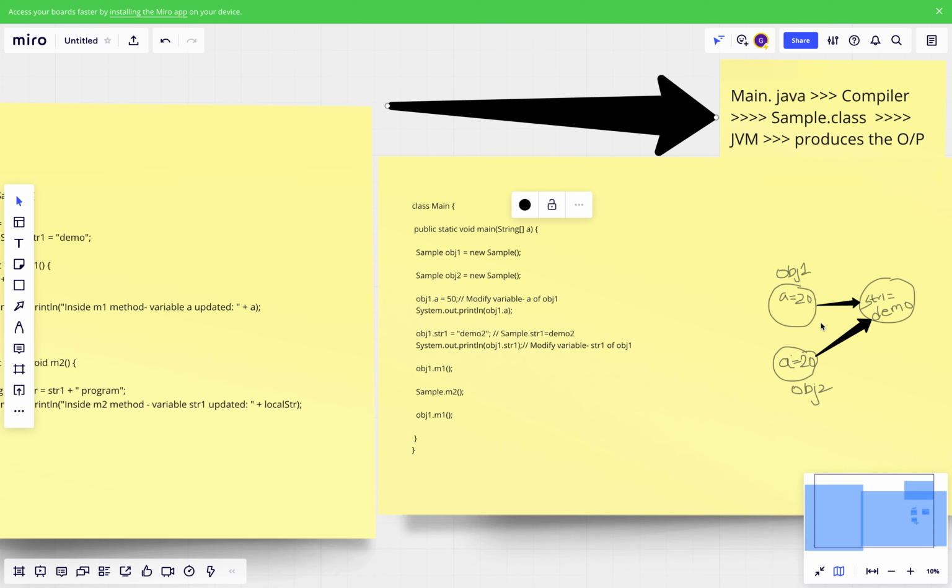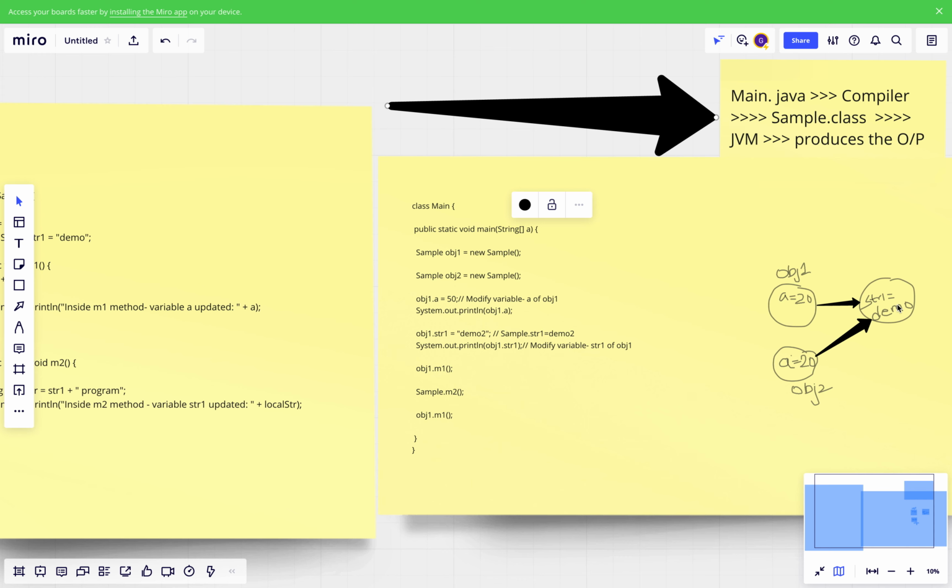A static variable will be shared across all the objects of the same class. Only the instance variable is specific to that object, but the static variable is shared across all the objects created in the heap memory. Once you change the value of the static variable, it will be affected when you read it from any other object.